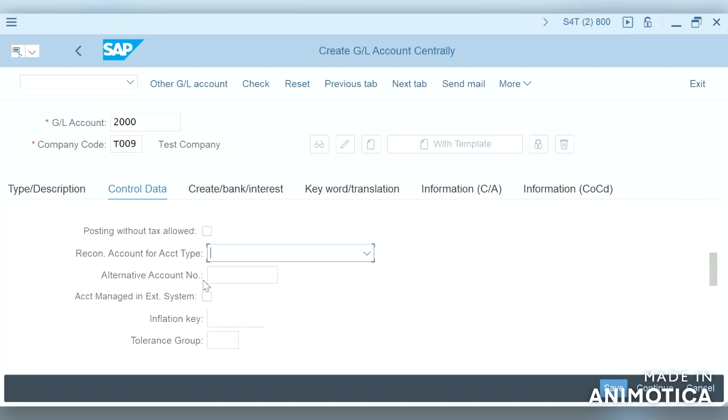So alternative account number. The alternative account number can be used as per the business need. Generally it is to map the old account number or a legacy account number from the previous systems.